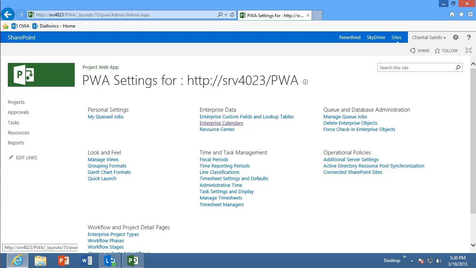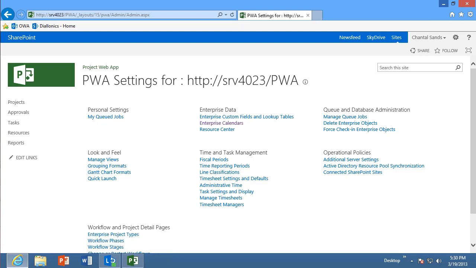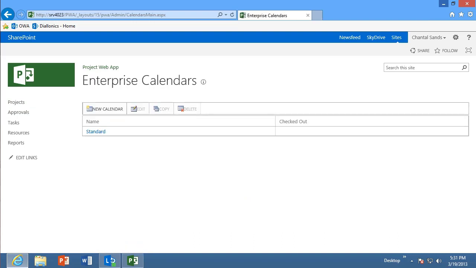Now keep in mind this is going to launch Microsoft Project Professional, so if you are working directly on the server as an administrator that will be a requirement, but of course you can connect to the PWA instance as an administrator with the appropriate rights in order to modify the calendar. I will then click on Enterprise Calendars, and from Enterprise Calendars I can edit the standard calendar. Project Server will provide you with a default calendar which they title Standard,